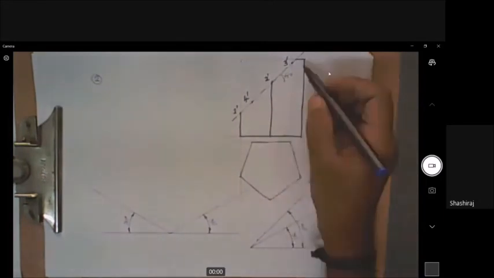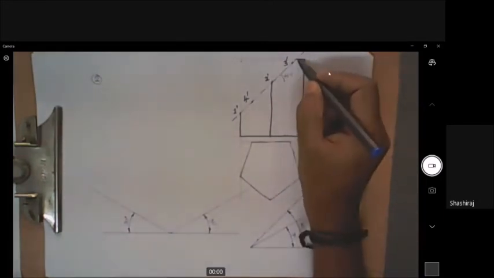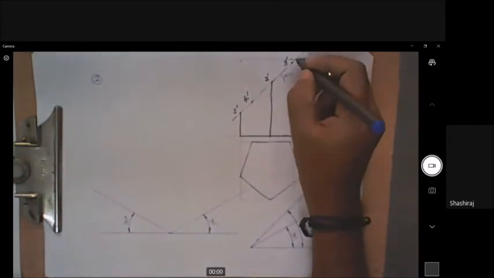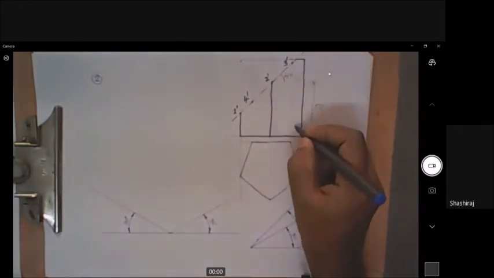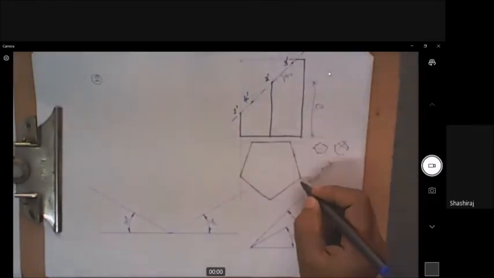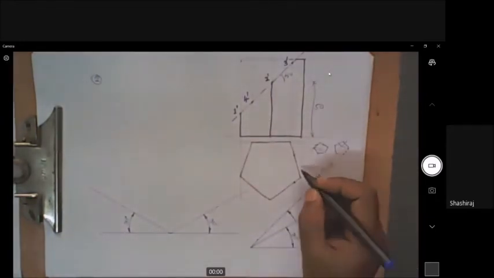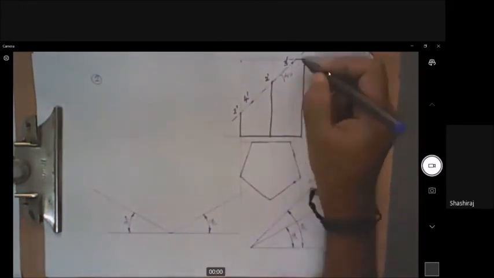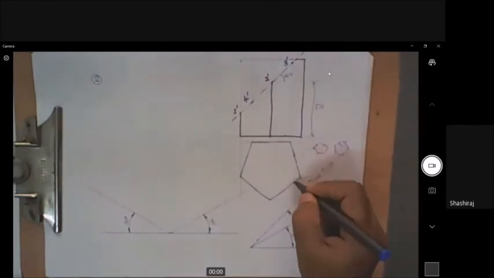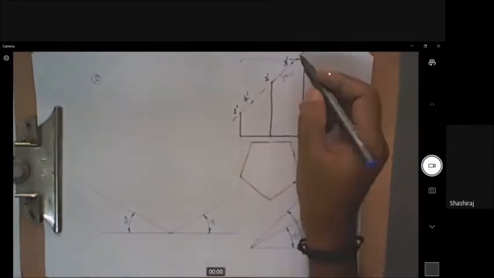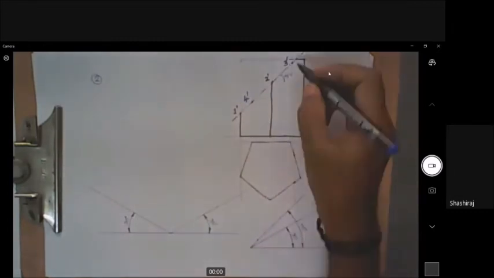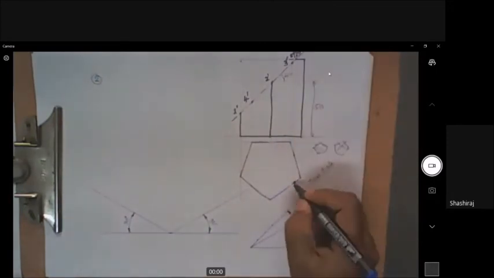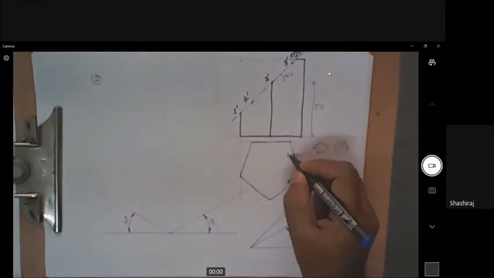And not only this, see, the section plane passes through the top face. If I draw a vertical line from this point, see, it cuts the edges here and here. So that means on the top face also there are 2 points where the section plane cuts. Both are here in the front view, but in the top view you can see them here. So it is cut like this. On the top face you get these 2 points. So I'll start marking those points. I'll call them 5 dash and 6 dash, where 5 is here and 6 is here.